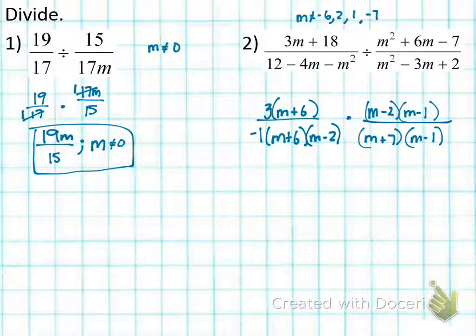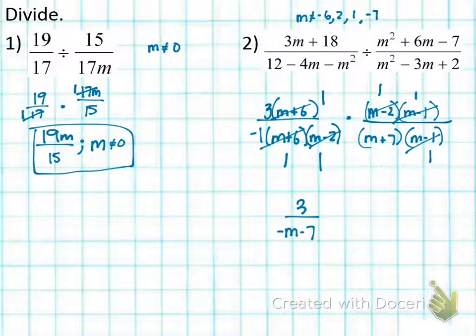Now I'm going to cancel out. This is the fun part. So this cancels out with this. M minus 2 cancels with this. M minus 1 cancels out with this. Anytime you cancel things out, it's dividing by itself. These all become 1. So in the numerator we have 3 in the front, times 1 times 1 times 1, which is just 3. Denominator we got negative 1 times m plus 7, which is going to be negative m